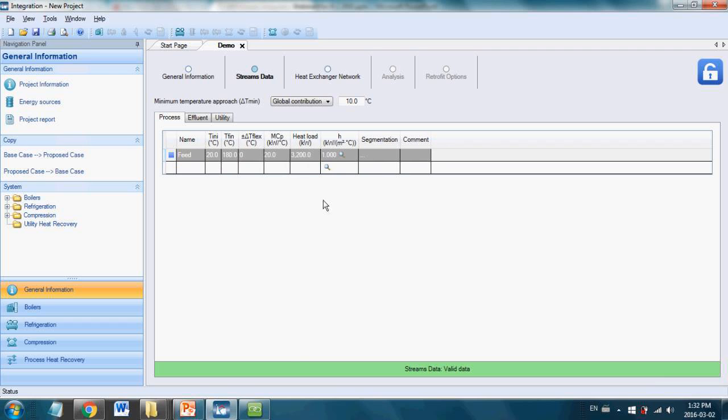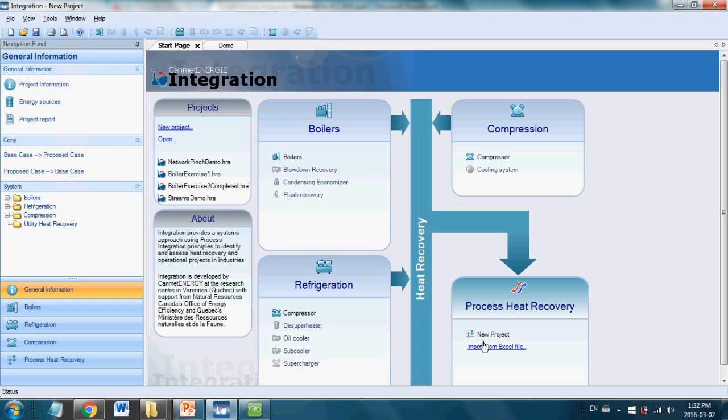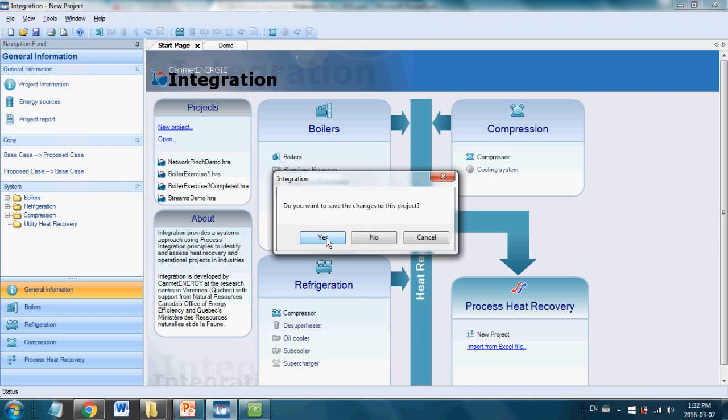And there I've started on my streams table. Now I could go through and fill all these other streams out. There's only 4 of them, so it's pretty straightforward for this one. There is also another option to import from an Excel file. I could show you that. But actually what I'm going to do for today, just to speed things up, is I'm going to load the